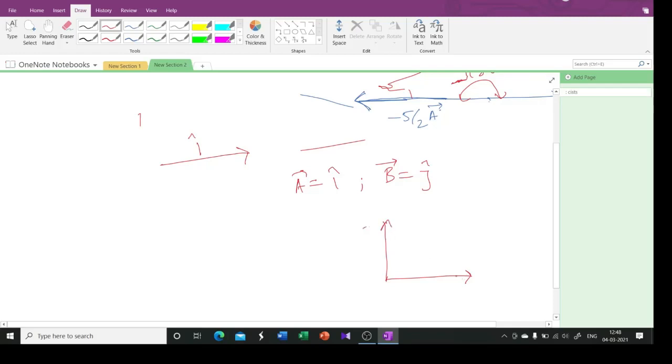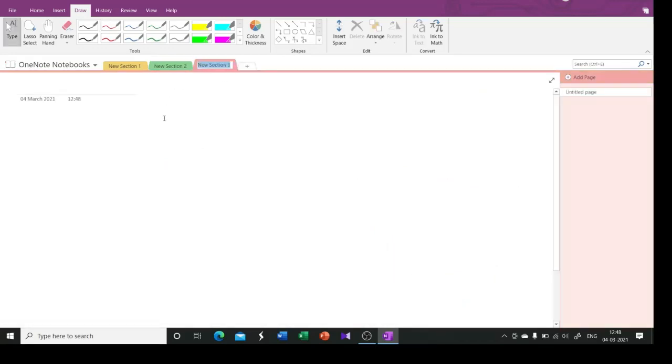So the I cap is what? If this is the x axis and this is the y axis, then I cap is a unit vector along this direction and J cap is simply a unit vector along this direction, right? So what is the angle between them? It's 90 degrees. See, tail to tail or head to head, whatever. So the angle is 90 degrees. So you are getting a sense of where this angle comes from. All right. So as we spoke about, this is important in finding the resultant of vectors.